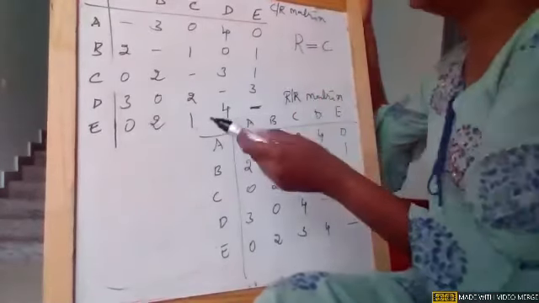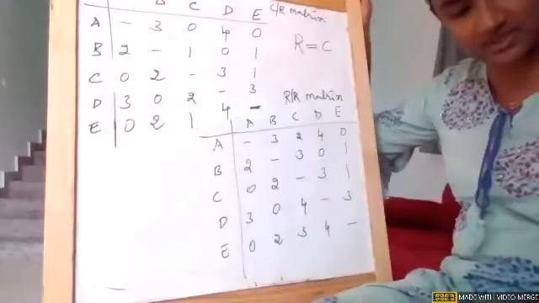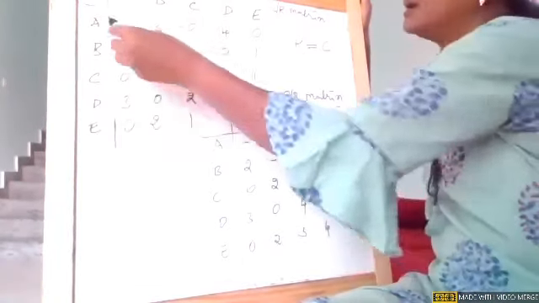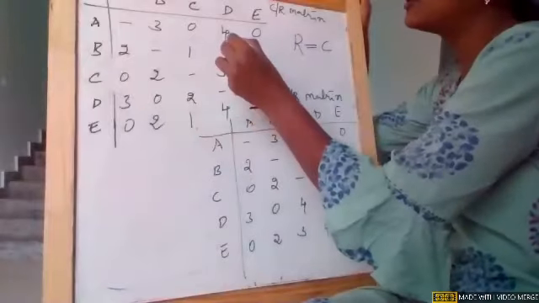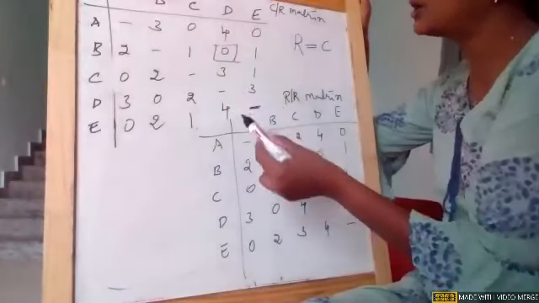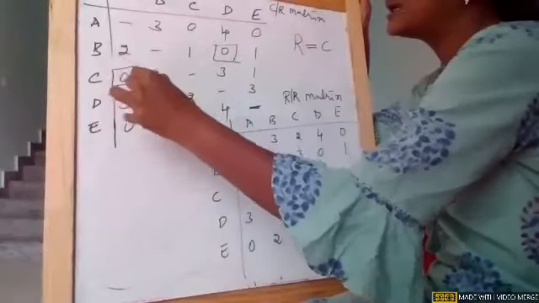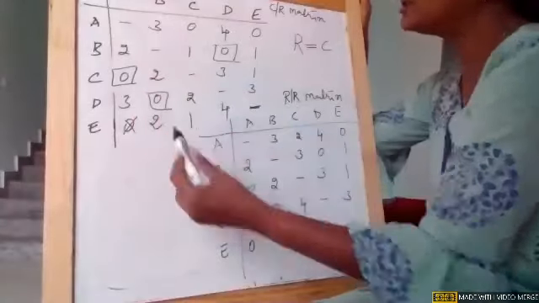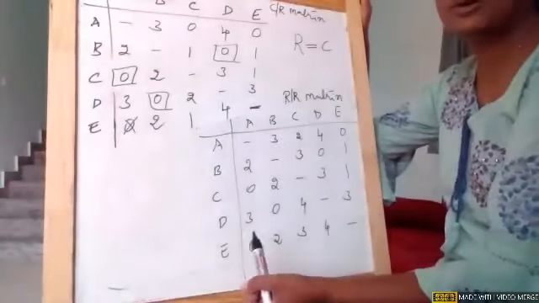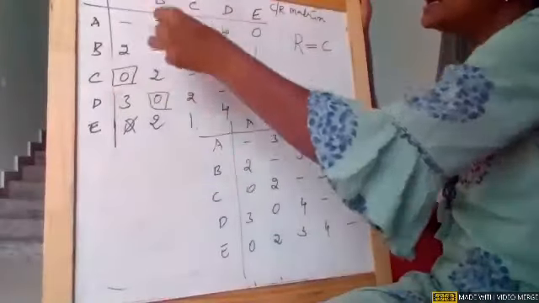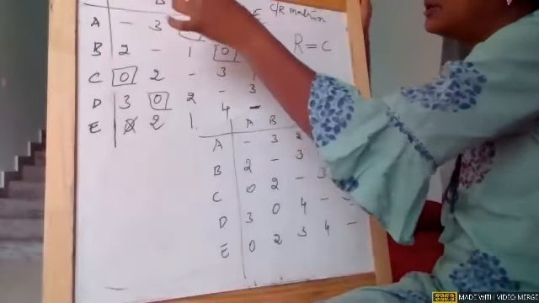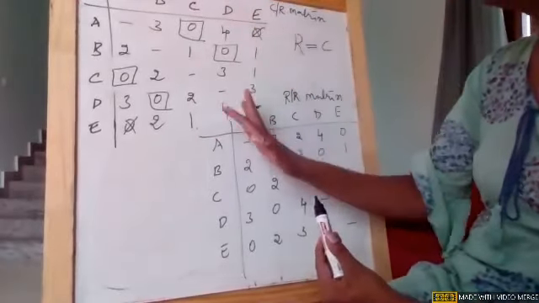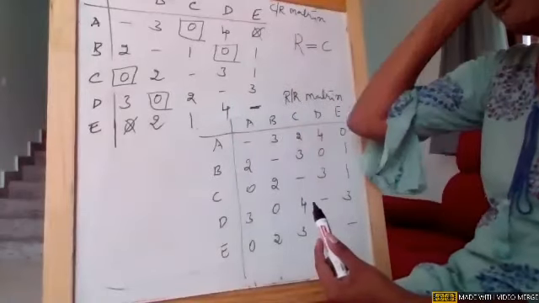So on this, we'll start assignments. You can just pay attention. First row, multiple zeros, no. Second row, single zero, make an assignment and cross the corresponding column zeros. Third row, single zero, make an assignment and cross the corresponding column zeros. Fourth row, there is a single zero, cross the corresponding column zeros. Fifth row, there is no scope. Now come to first column, assign. Second column, assign. Third column, there is a single zero, make an assignment and cross the corresponding row zeros. Now fourth row has an assignment. Fifth row, there is no scope of making an assignment.